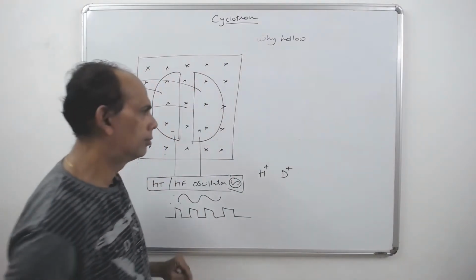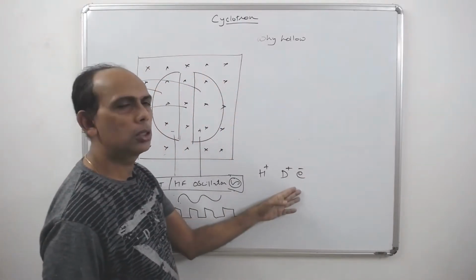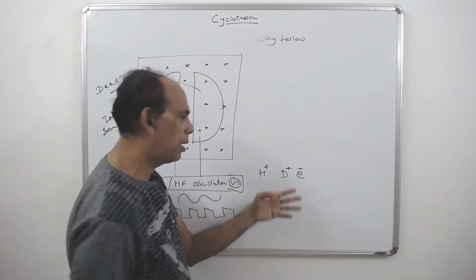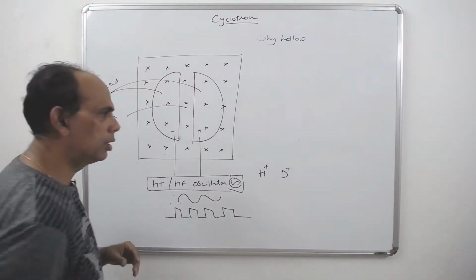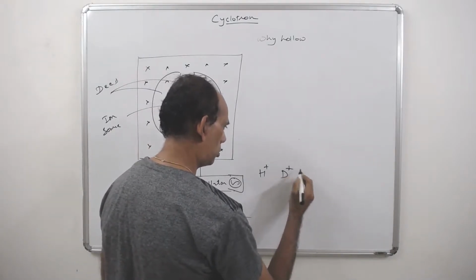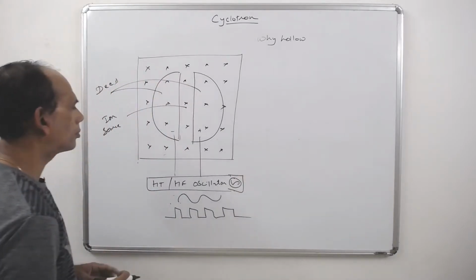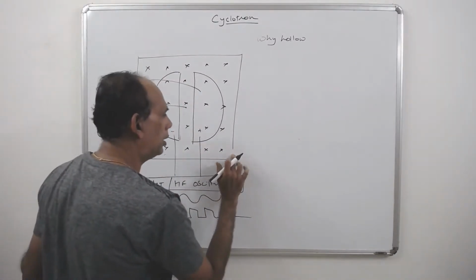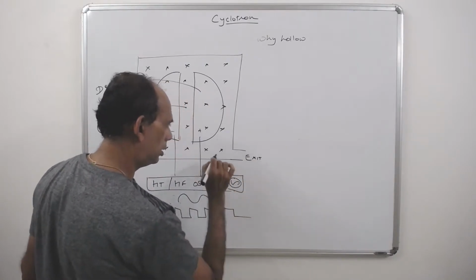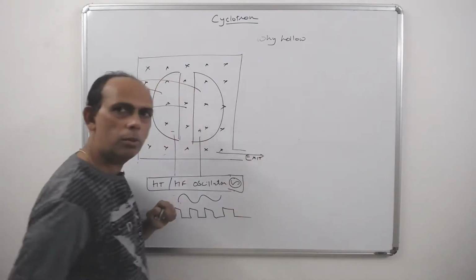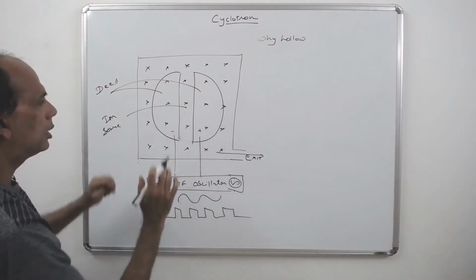No problem. Electrons cannot be used. Normally electrons cannot be used because they are of very negligible mass. So they serve to disrupt frequency, disrupt the sync of the cyclotron. So they are not used. We'll come to that. So these are what is basically injected inside. These come out from here, a very simple exit place. They come as a stream, a stream of particles. So this is basically the setup.